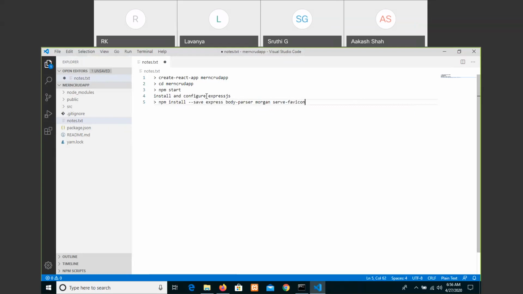These are all the required things that we have to install in the application.